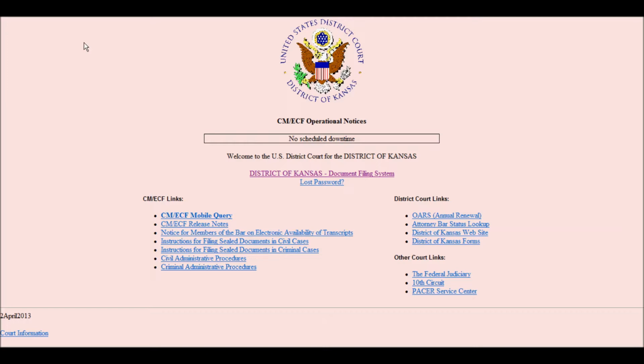This tutorial describes the procedures for opening a new case using the CMECF system. A CMECF login and password are required to complete online case opening. If you do not have a CMECF login and password, please contact the clerk's office for instructions on how to file your complaint. To get started, you'll need to go to